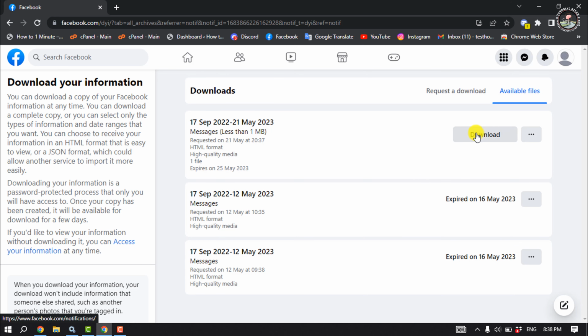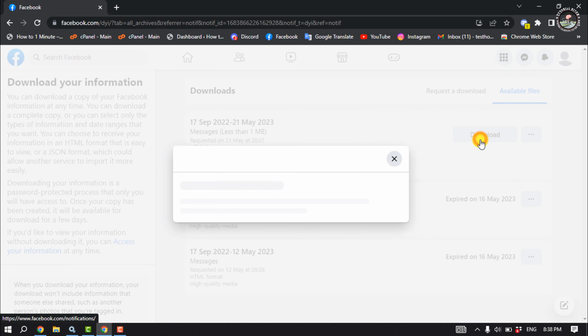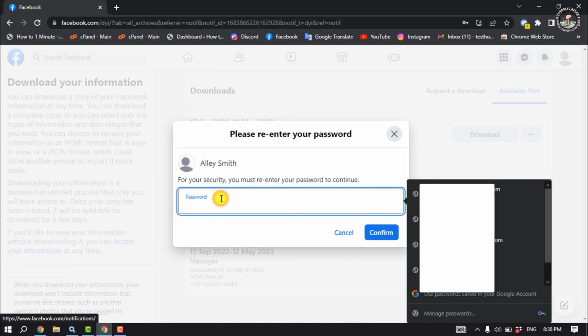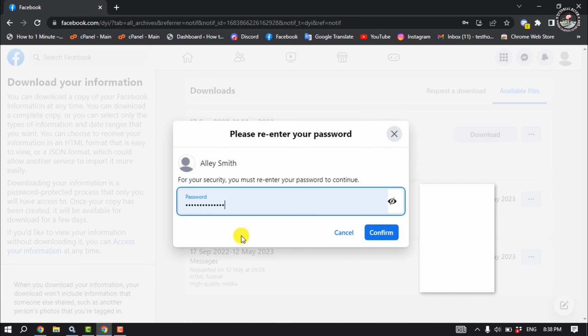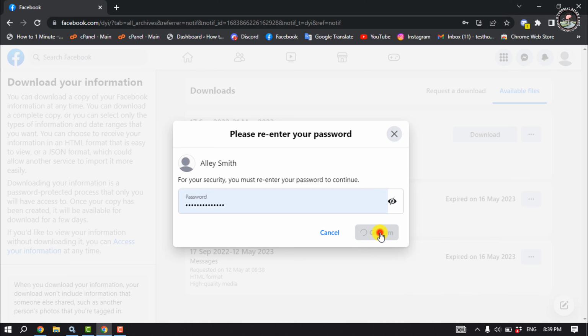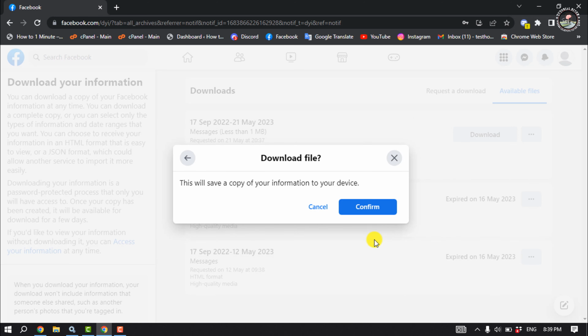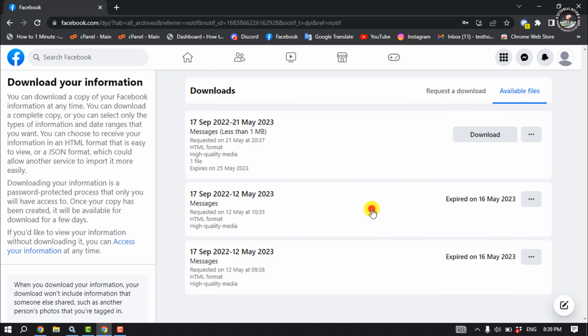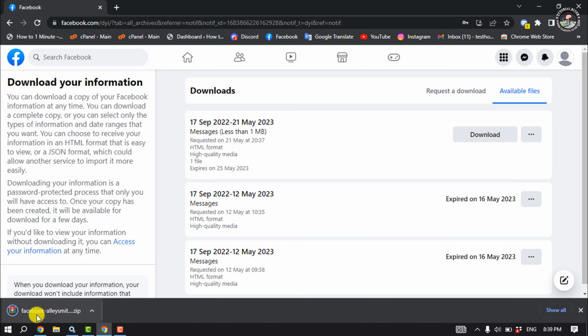As you can see, it's ready to download, so I'm going to download it from here. And to continue, enter here the account password and click on confirm. And here is the file. It's successfully downloaded. I'm going to open my file manager,